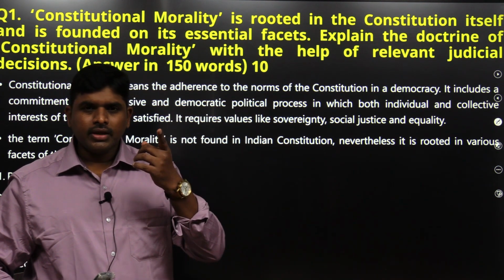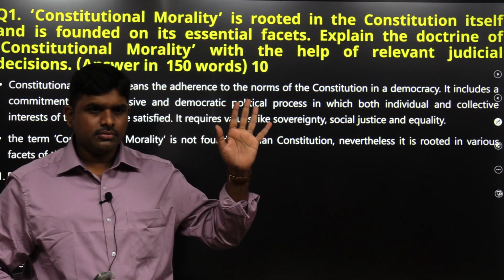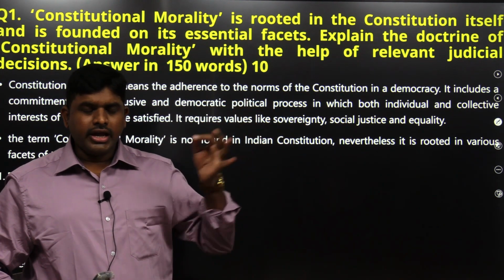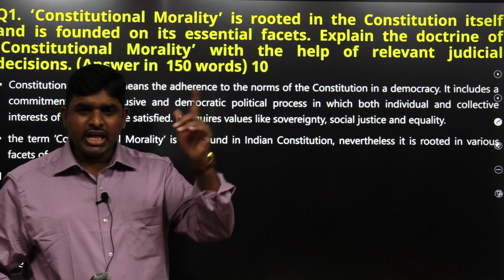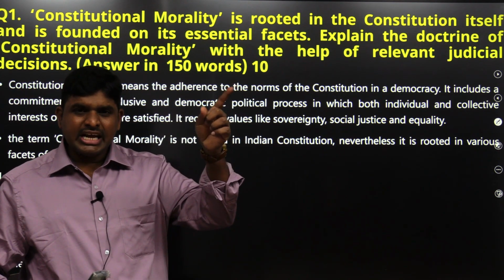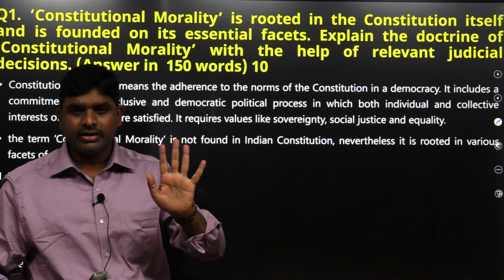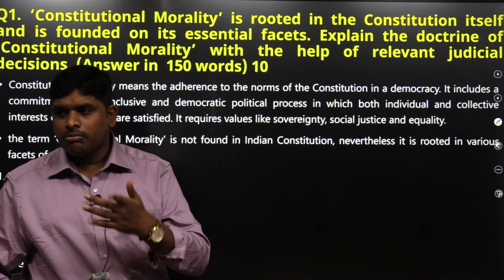For example, in Taliban society, beating a woman is morality. In Indian society, beating a woman is wrong. So there it is morality, here it is not morality. At the individual level, there it is accepted, here it is not accepted. So at the individual level, what is right and what is wrong is called morality.